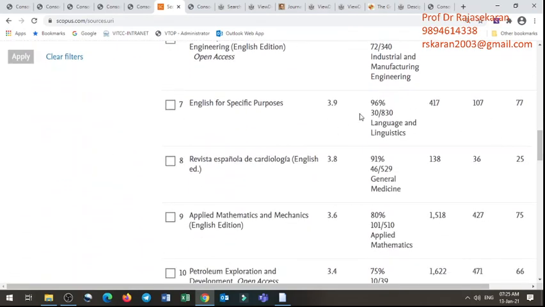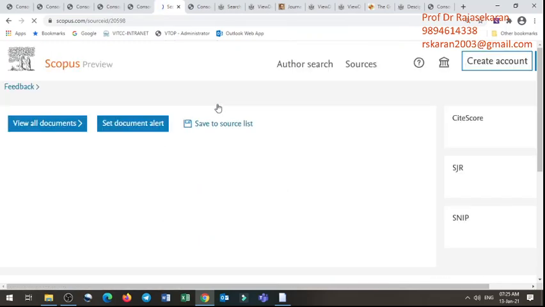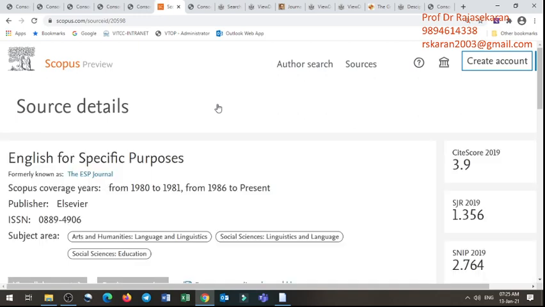And these are the journals. Look at that, this is very important. One high quality journal, English for Specific Purposes. You click any journal, and now how would you know whether the journal is in the coverage? Just as the UGC CARE list is maintained, this also maintains Scopus coverage: year 1980 and 81, then it is discontinued. After that, 1986 again listed. Now it is still in the list today.